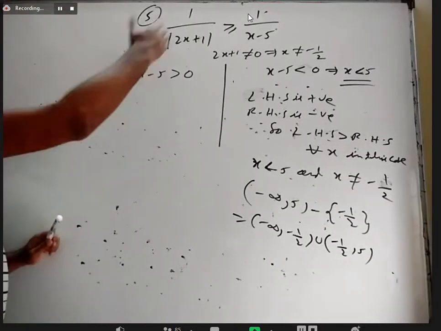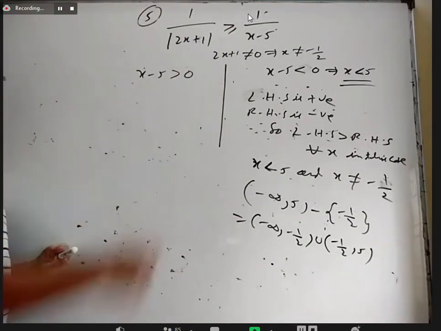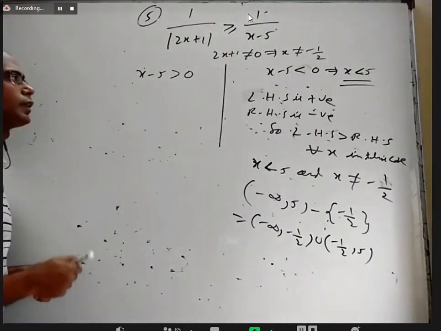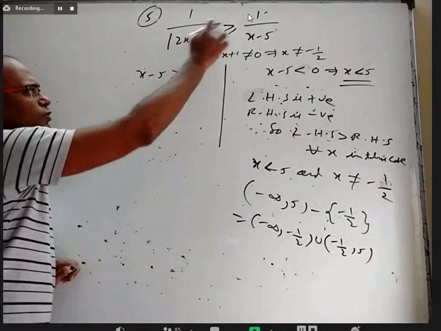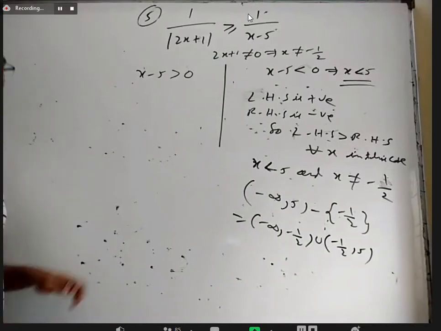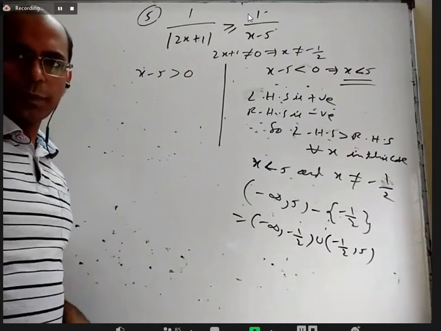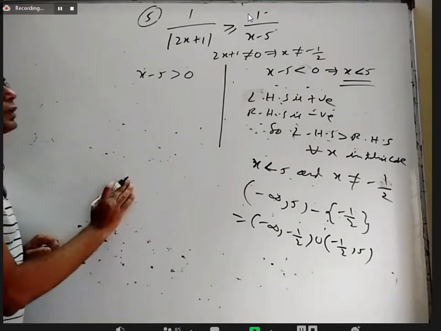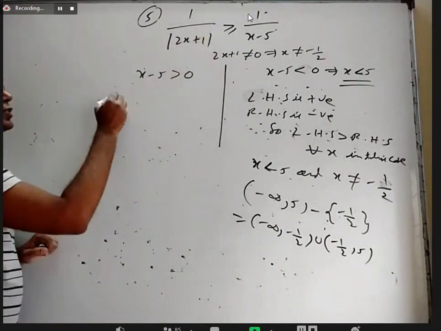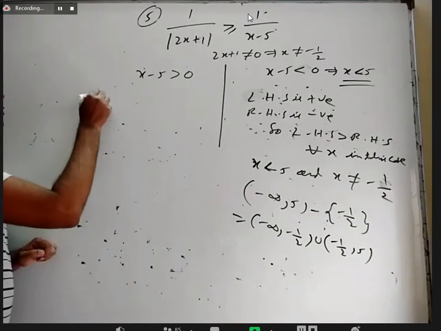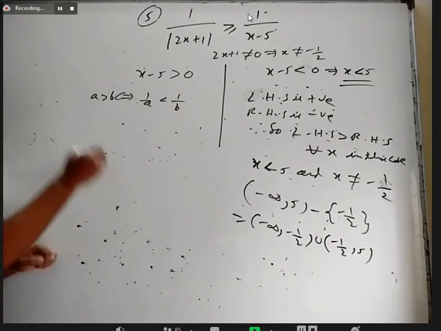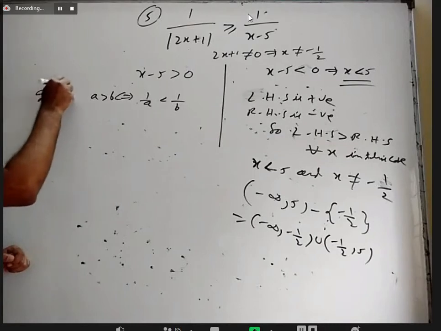Okay, that is this part. So whenever one is positive and one is negative, we should be very happy: it is always a solution. Or if the inequality is less than here, it is never a solution. Coming to this, it is positive, and this is positive. Both are positive, so we have to flip, or do cross multiplication. Anything you want, the inequality will change accordingly. For example, a greater than b implies 1 by a less than 1 by b, if a and b are positive.